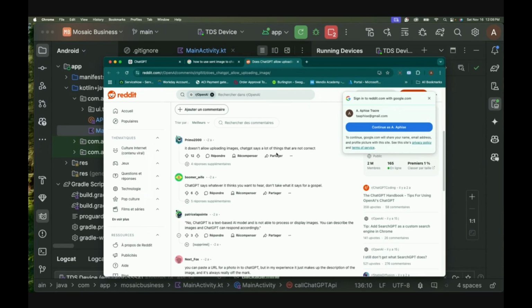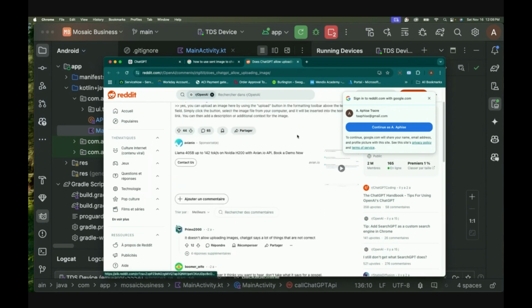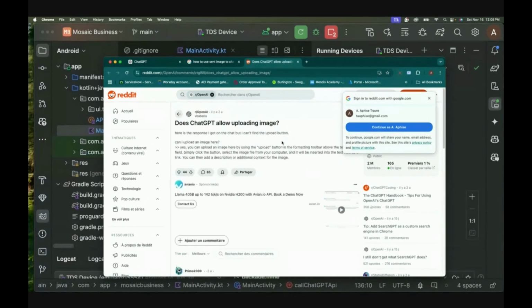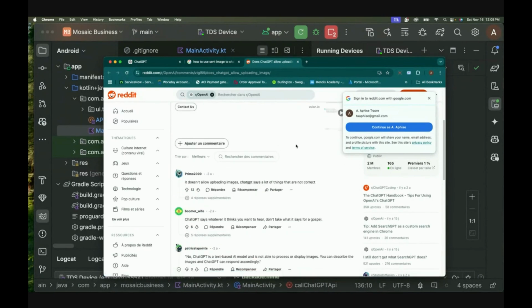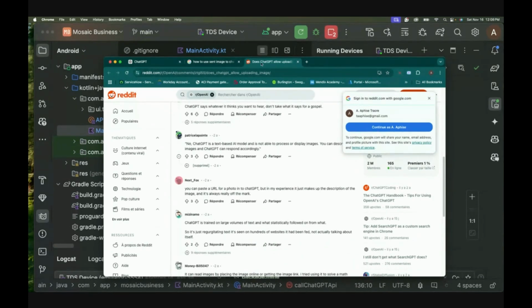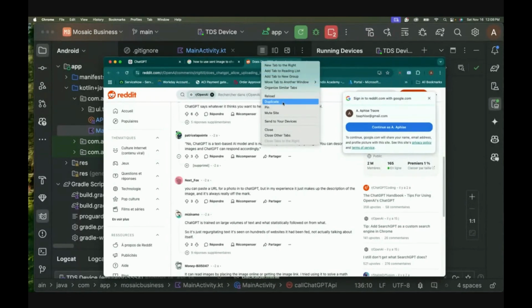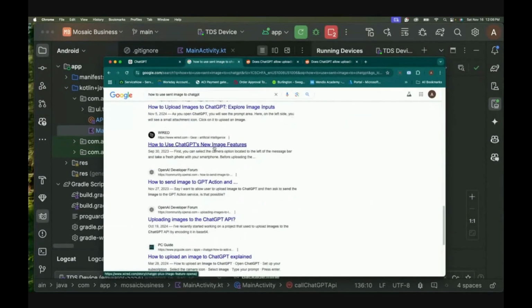Okay, so that is partially true, right? But when you're making the API calls, as of my research so far, you can make the API call to ChatGPT and pass the image. As you can see, people are saying no, you cannot pass the image, you have to convert the image into something. I'm actually looking for another conversation thread that talks about how you actually convert the data into